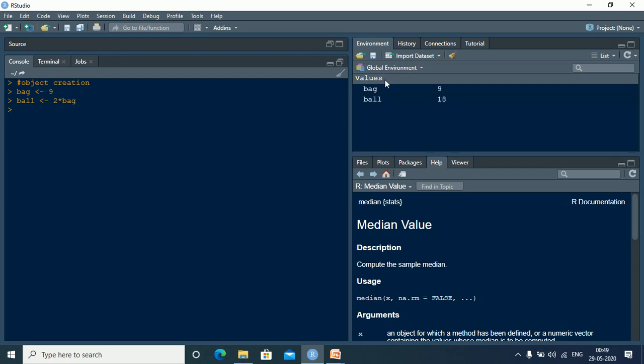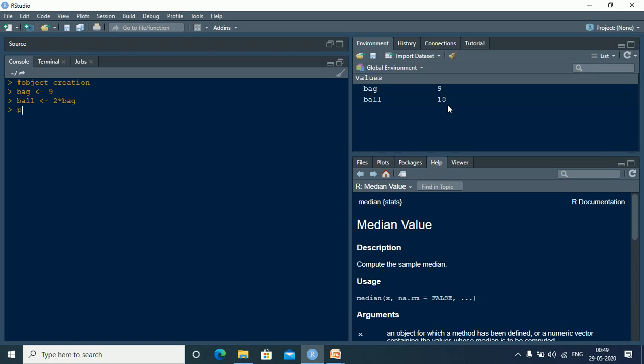Now if you look at this environment, ball is now saved as an object which has a numerical value of 18. Since bag has already been assigned a numerical value of 9, ball is taking that calculation as 9 into 2, which is 18. Now let's print the object and see the result.